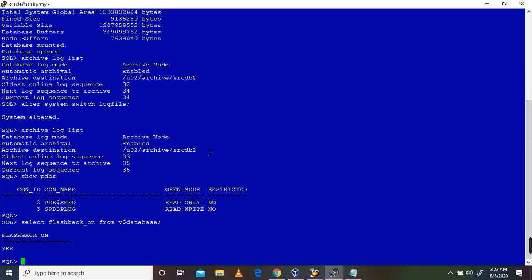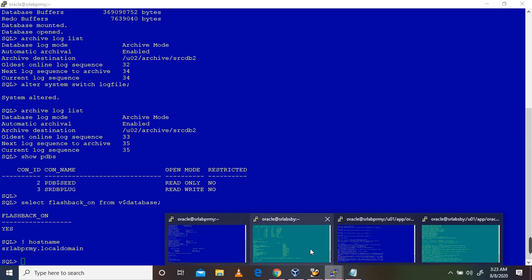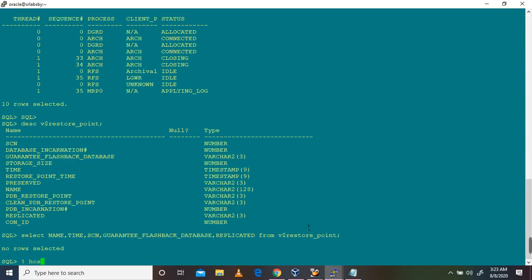So flashback capability is enabled on this primary side. This is the primary side, and this is the standby side.